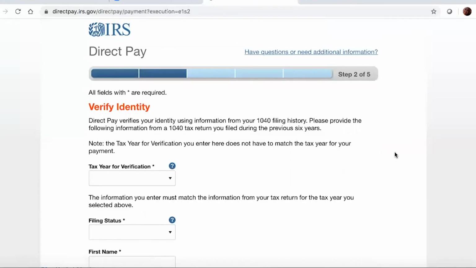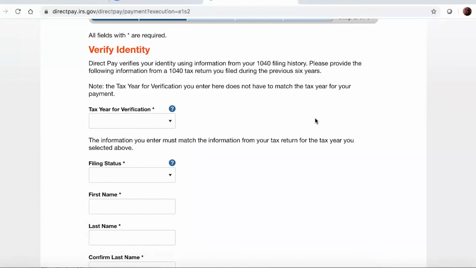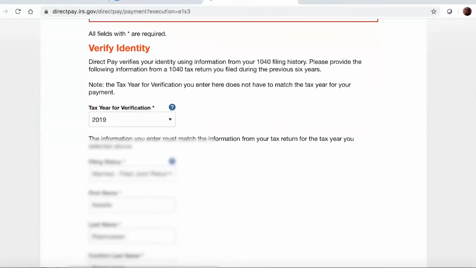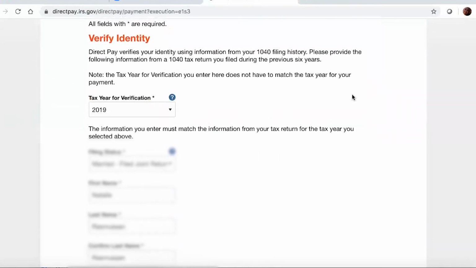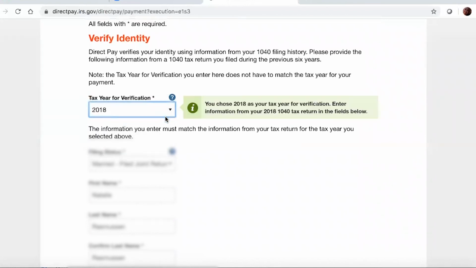On this next page, you'll need to verify your identity. Now, depending on what tax returns you've already filed, you'll use that information to verify your identity with the IRS. For example, if you've already filed your 2018 tax return, then use that return to input the information on this page. Now note that if you're trying to verify your identity with a recent tax filing, maybe one that you filed in the past few days or even in the past few weeks, it may take a while for the IRS to be able to cross-check that information to verify your identity. So if you're looking to pay right away because you may be closer to the deadline and can't wait, then consider using a previous year's tax documents to verify your identity.